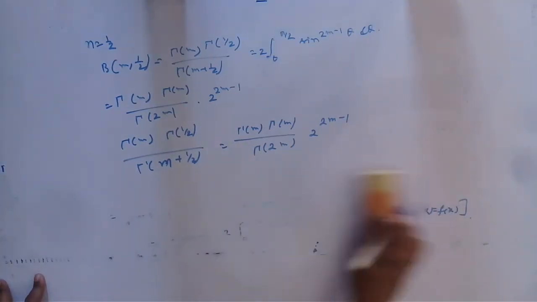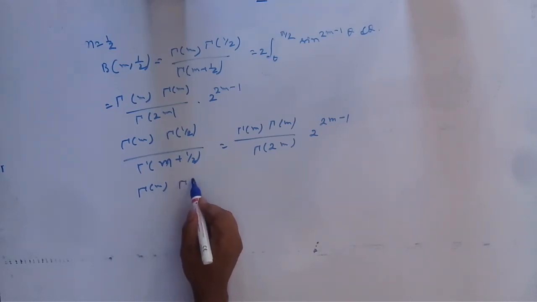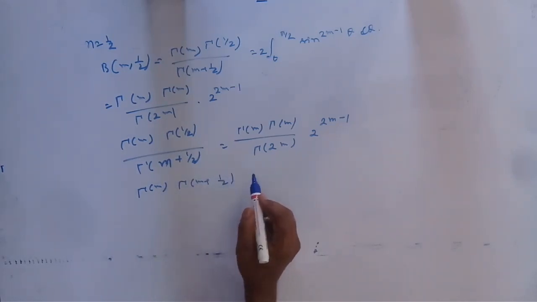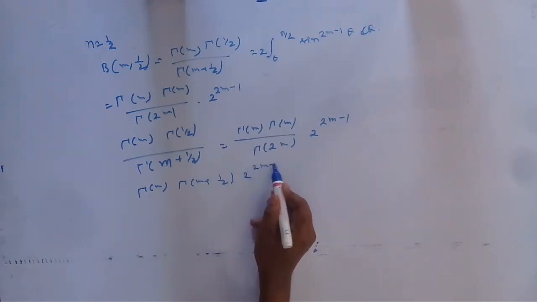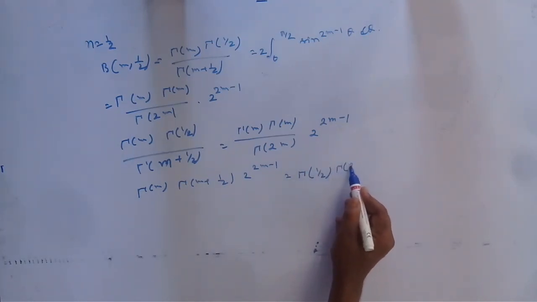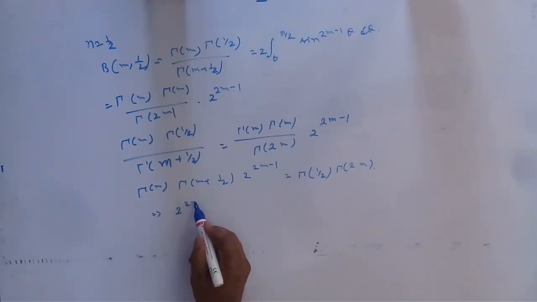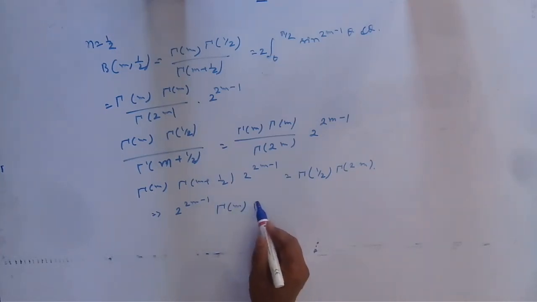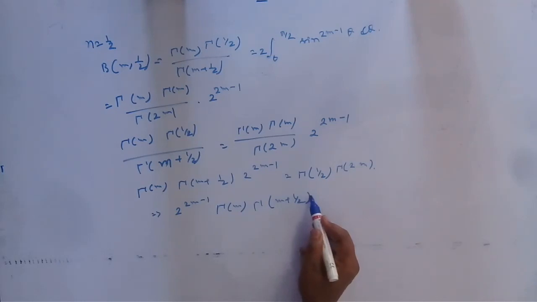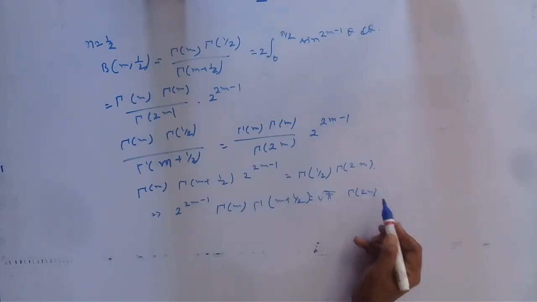So gamma m into gamma of (m plus half) into 2 to the power 2m minus 1 equal to gamma half into gamma of 2m, or 2 to the power 2m minus 1 gamma of (m plus half) equal to gamma half, which is root pi, we know, we have proved this, root pi gamma 2m. Okay,